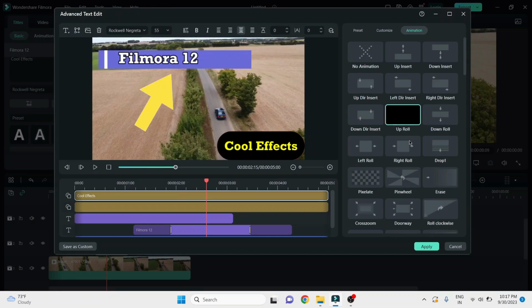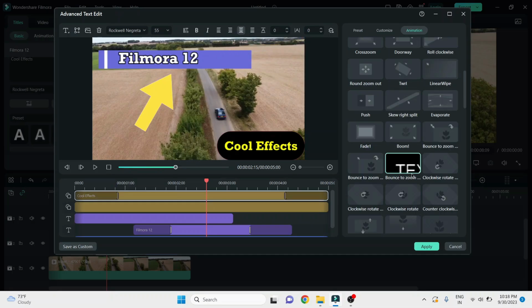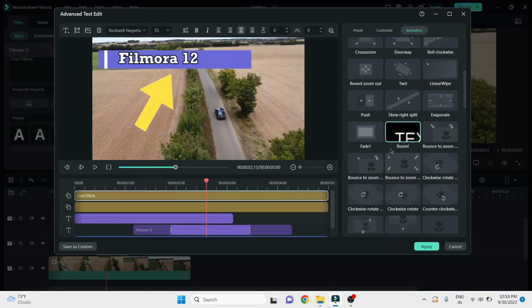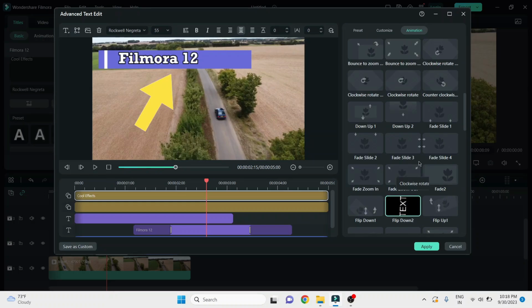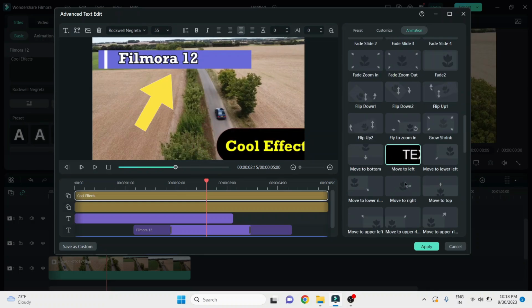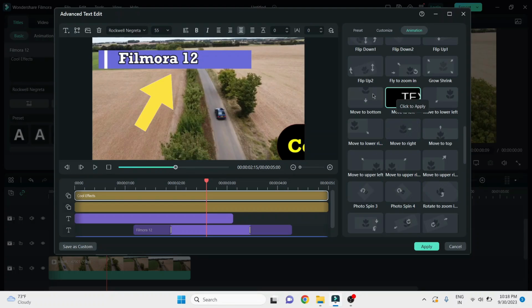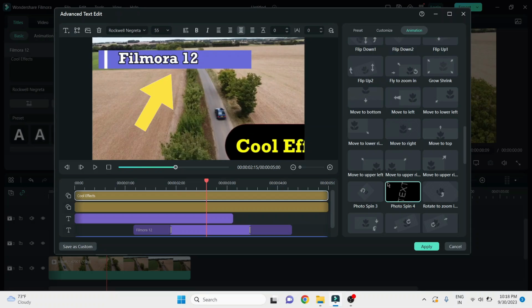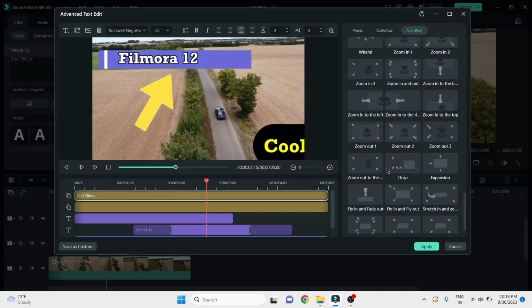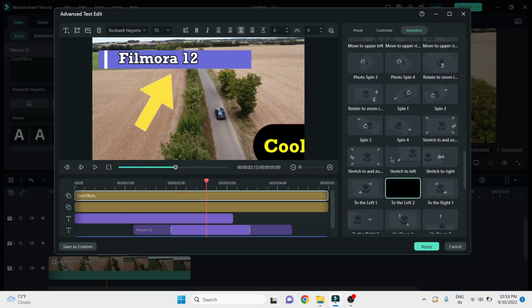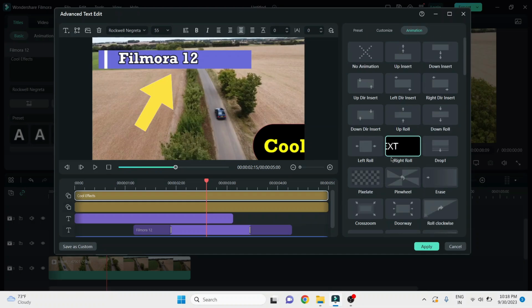So basically there are many animations, you can apply them. So guys, you can explore them. For example, if you want to see how an animation works, you can simply double click on the animation, and here you see move to left. If I click on it, then this animation will be applied. There are lots of animations, you can add them.